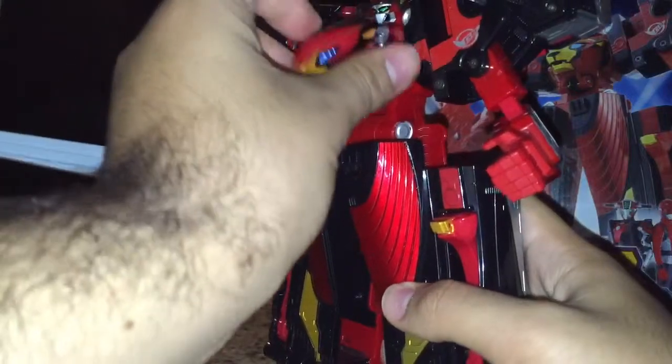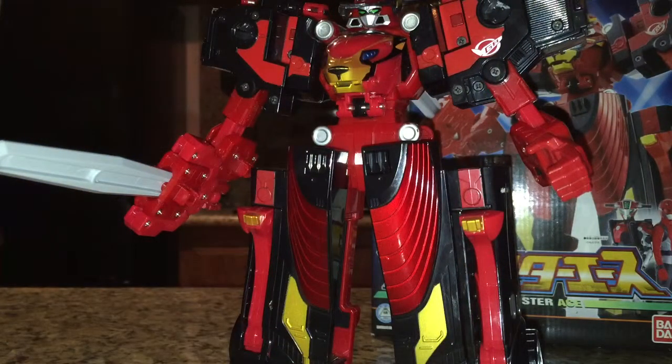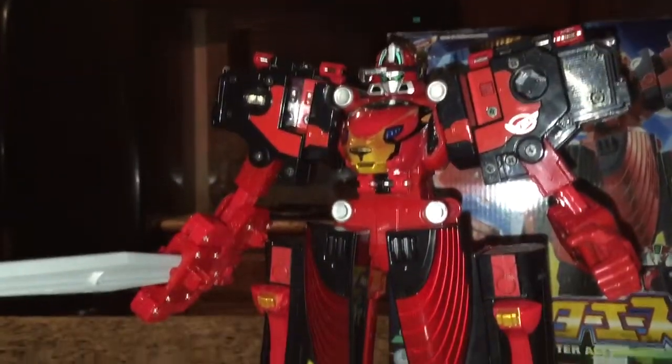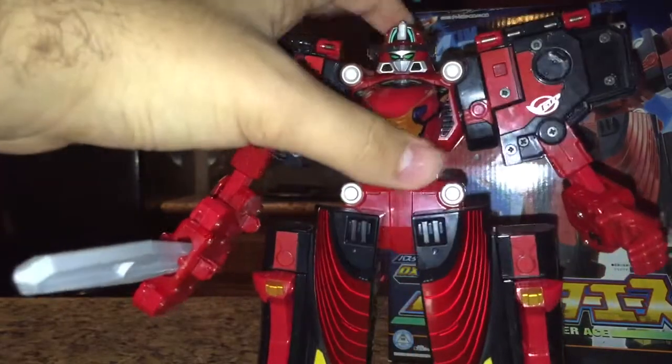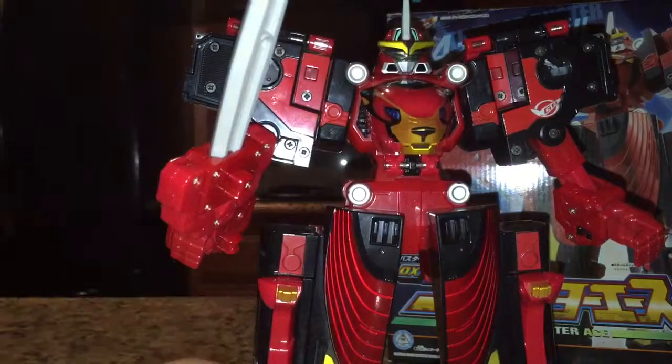Take Cheetah Nick and stick him into the chest cavity. I need another box because this thing's slightly taller. Actually, I don't need it to be that tall. I just need it to be that tall. That is blinding. Okay. There we go. That's nice. And then to finish it off, flip up this horn and fold in the sunglasses. And here we have Go Buster Ace. Pretty neat